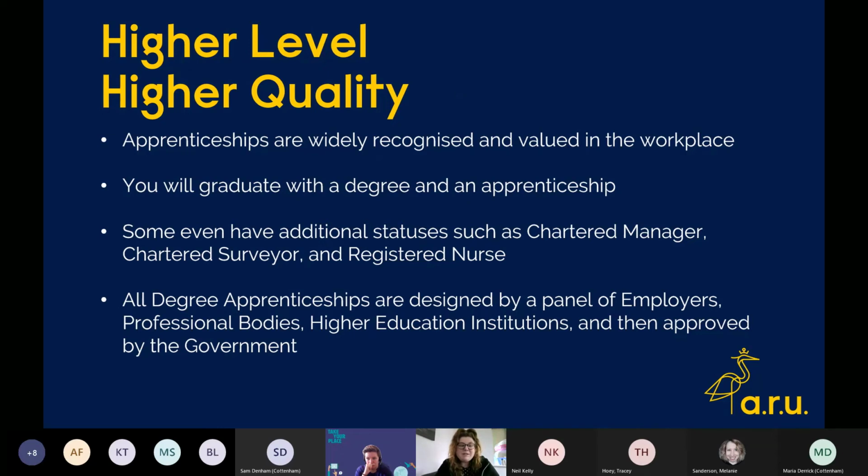Apprenticeships, as previously mentioned, are very widely recognised and valued in the workplace. So they're very important employees, and you'll graduate with a lot of skills that they've taught you and are very specific to the route that you're interested in pursuing. For example, if you were doing a nursing apprenticeship, you'll be learning a lot of specific nursing content. As well as this, a lot of our programs, such as the Chartered Surveying course and our Registered Nursing program,